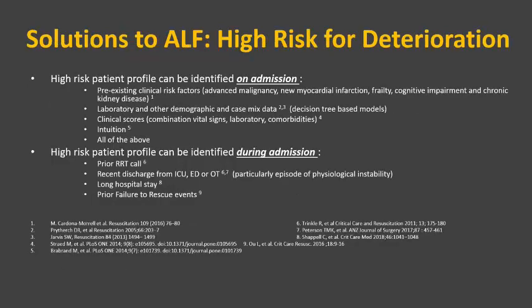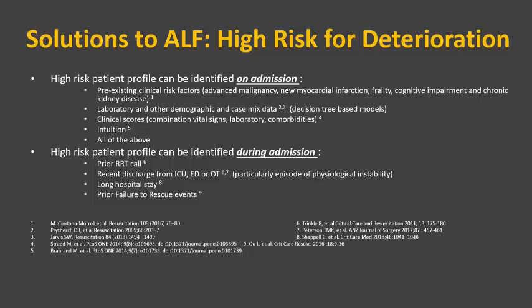So what are some of the potential solutions to afferent limb failure? Well, we could start identifying our high-risk patients, where most of the money is, and put most of our efforts there. So increase the frequency of monitoring and maybe put them on continuous monitors rather than some of the low-yield patients. Can we identify our high-risk patients? Well, we can. There are reasonable studies out there that have shown that you can identify a high-risk patient at the time of hospital admission, and during the course of the hospital admission.